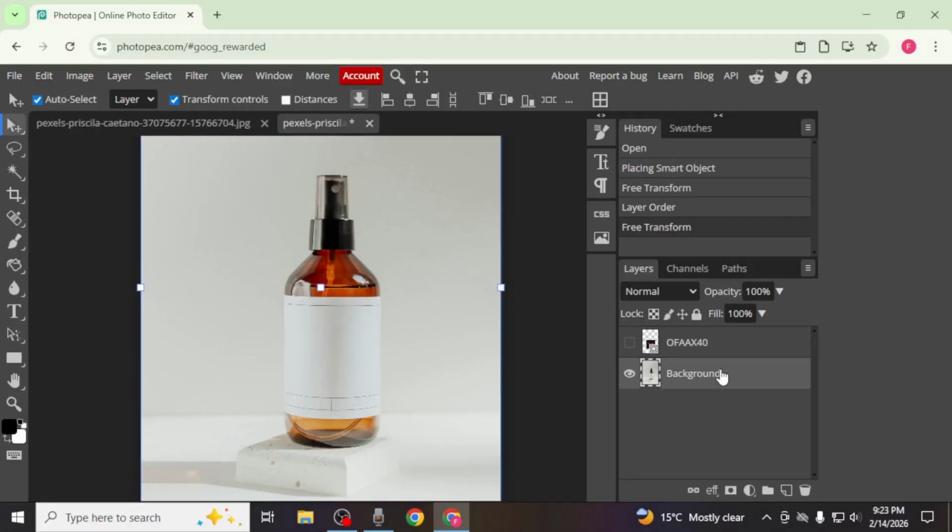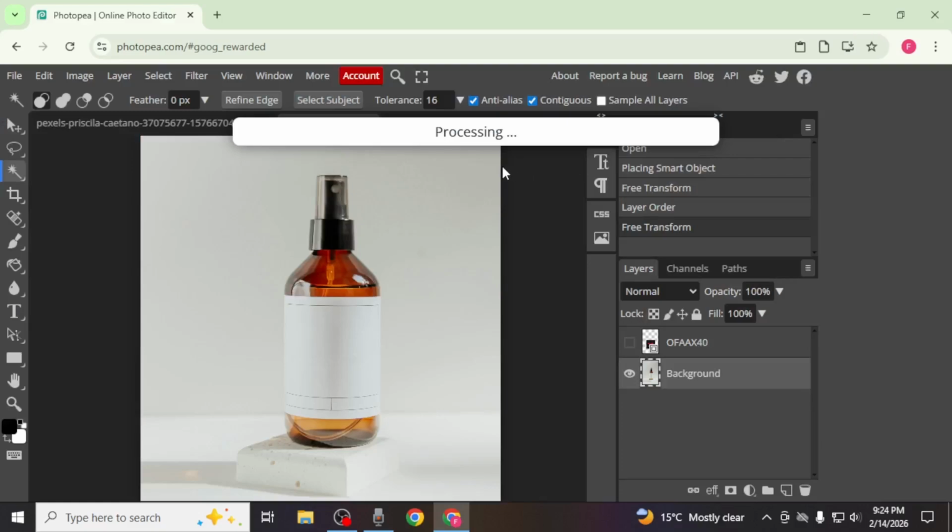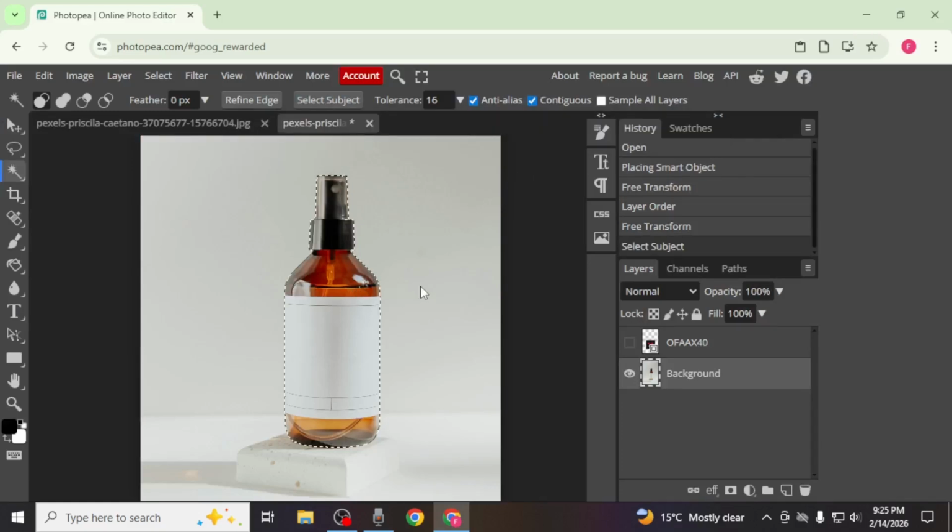Select your main mockup layer and use the Magic Wand tool from the left-hand toolbar. After selecting it, click on Select Subject from the top options bar. If you are using the free version of Photopea, you may be prompted to watch a short ad before the selection is processed. Once the main object of the mockup is selected, press Ctrl+J twice to create two duplicate layers